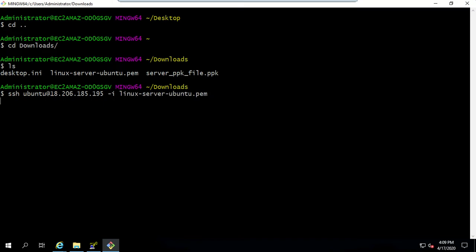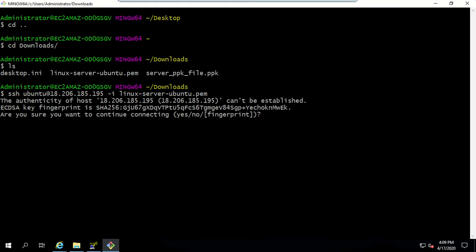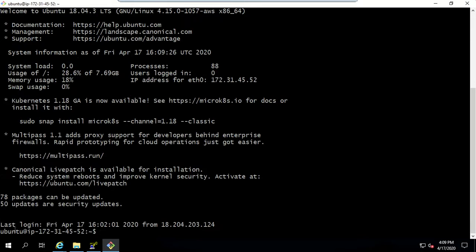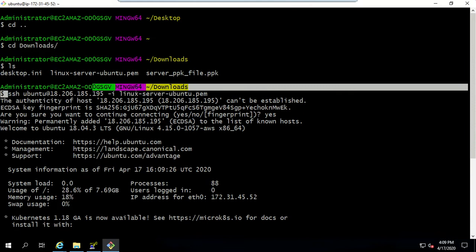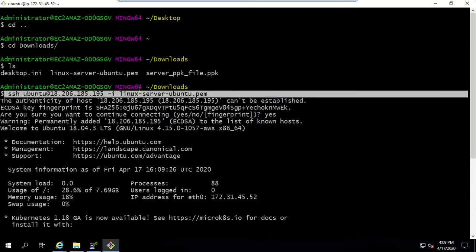Hit enter, and this will prompt you whether you want to trust this or not. Type yes, and this will connect to your EC2 instance. So this is how you can connect by using the SSH command. This is the SSH command you will be using to connect to your EC2 instance: SSH, your username at the IP address of your instance, -i, and your PEM file.